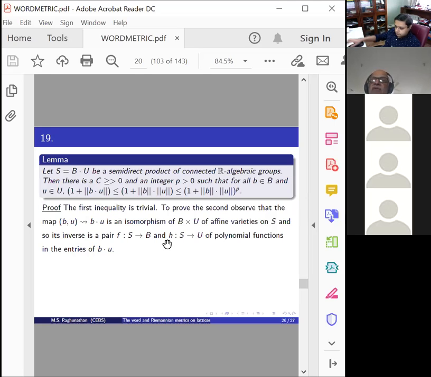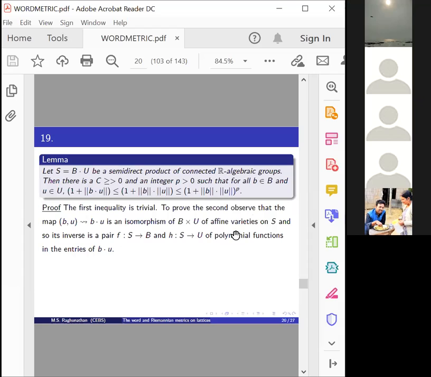Which I call F and H. Now, F and H are polynomials in the entries of elements of S. For an element of S, the matrix, F is a polynomial in its entries, and H is a polynomial in the entries. So F of any element s in S is a polynomial, the sum of a_n s to the n, of that kind. And then the norm clearly, if I take the highest degree, will be bounded by some constant times the norm of the